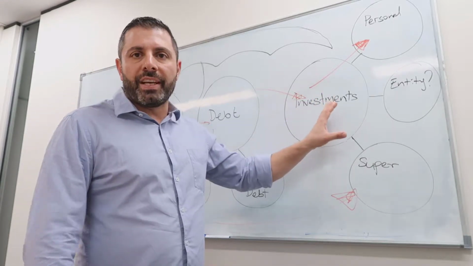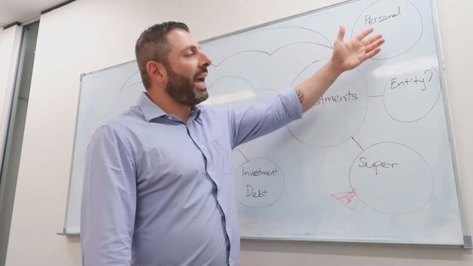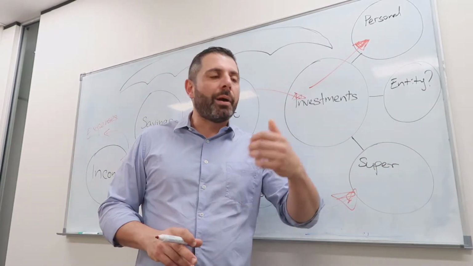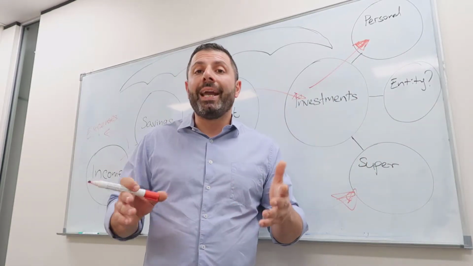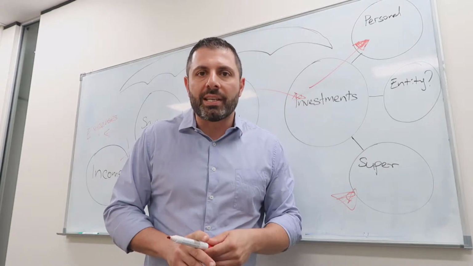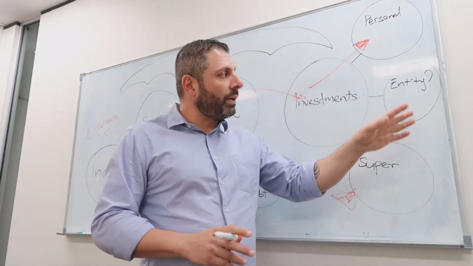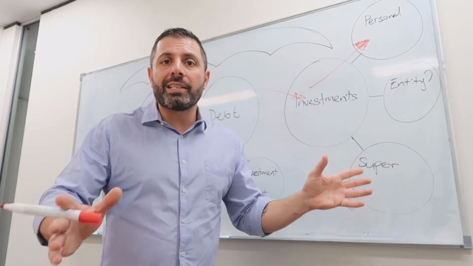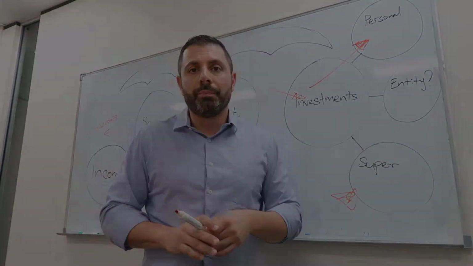And then we've got our investments. We want to come up with a balance between our super, our long-term investment, and our medium-term investments in terms of our personal investments. Now, they might be 3 years, 5 years, 10 years, 15-year investments, depending on what type of investments they are. Do we look at entities and different vehicles that we can potentially generate some protection of our asset base or some tax reduction? And that's something that we want to look at as well.